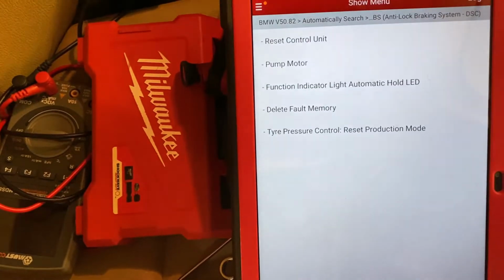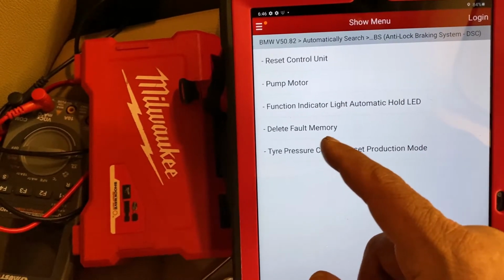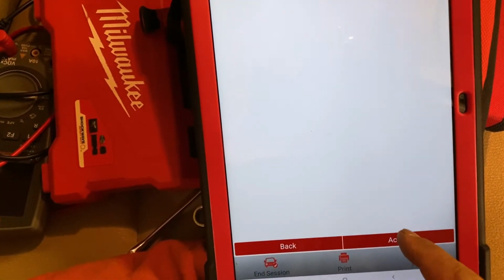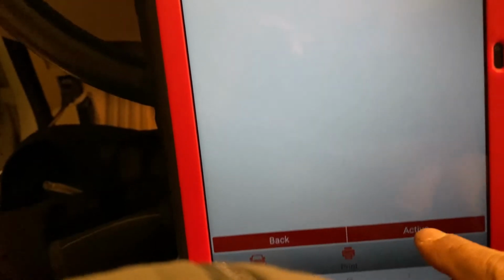Actuation test. Pump motor, reset control unit, delete fault memory, deleting, active. Let's have a seat. So, all right, so active memory has been deleted. Okay,